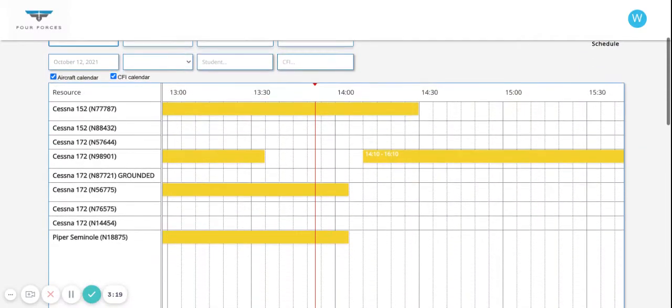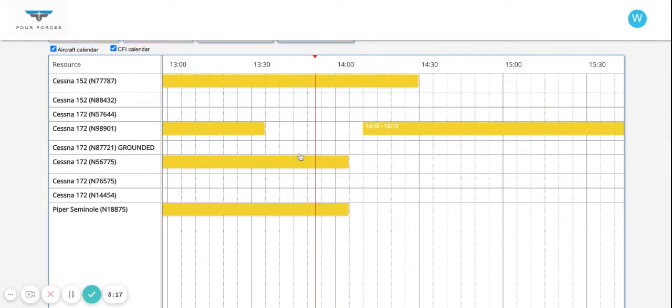So when it comes time to actually schedule flights, you can see all your resources here. We have grounded aircraft that say grounded next to them. It'll still let me schedule in those aircraft because maybe if it's a squawk for a tire change, maybe that's going to be pretty quick. So it might schedule further out while an aircraft is currently grounded, but it prevents you from dispatching aircraft and